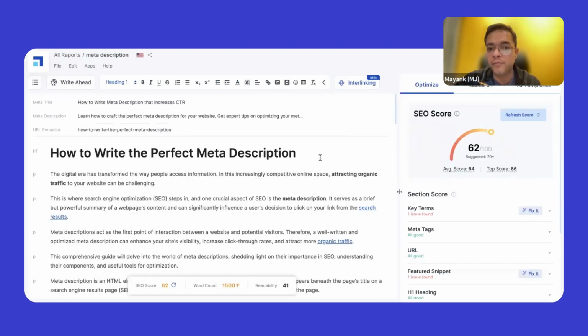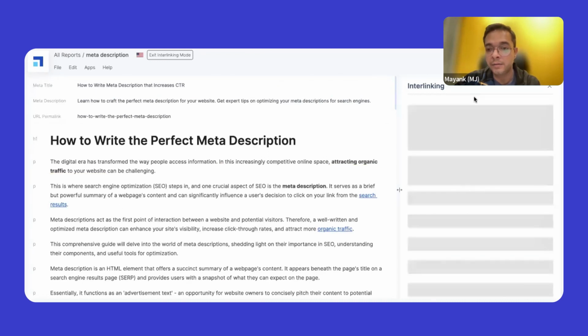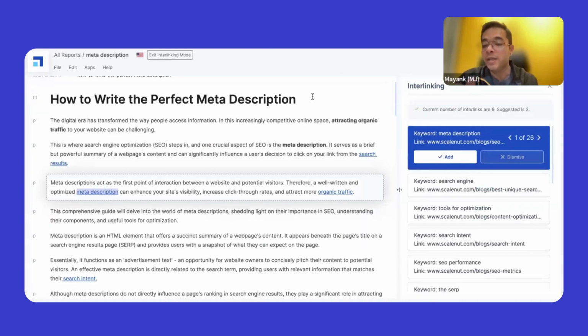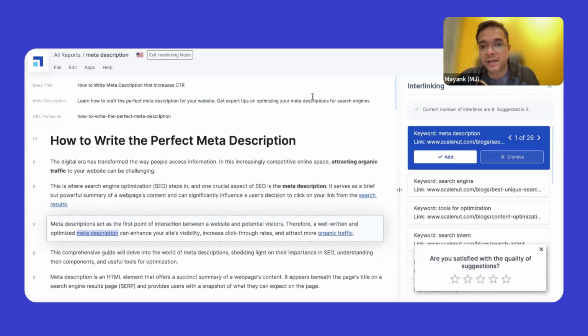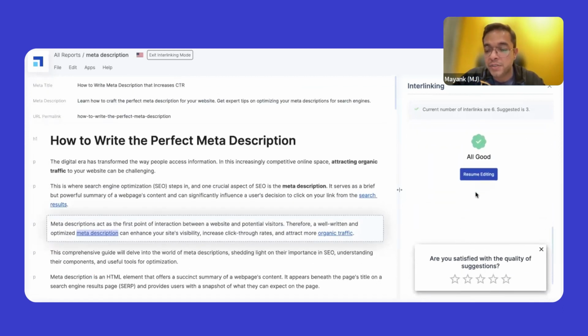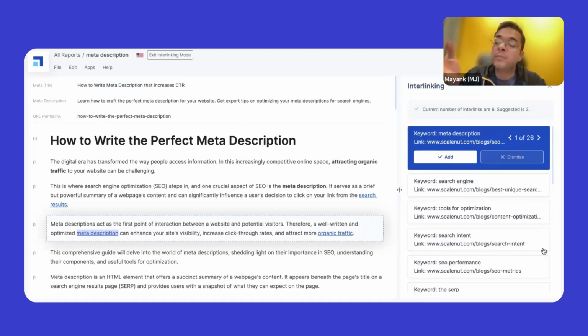So how to write a perfect meta description. I have that piece, we'll scrape it. So let's say the entire content is here. I'll click on interlinking and let's see what kind of opportunities. Now you see, it didn't ask me for a domain, but yes, I can always change if I have multiple domains. Here you see a lot of opportunities